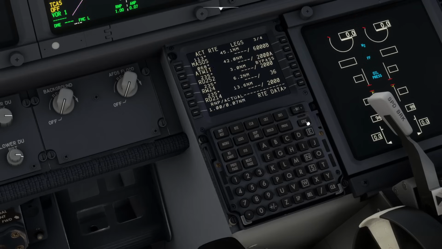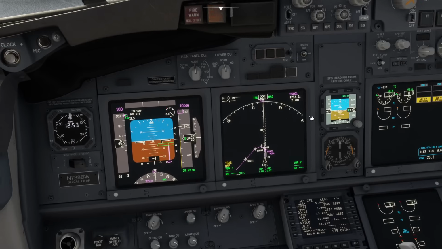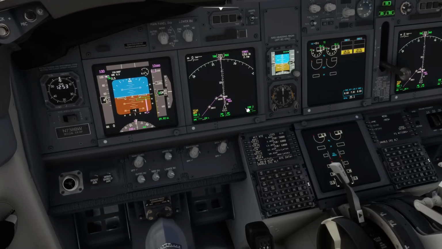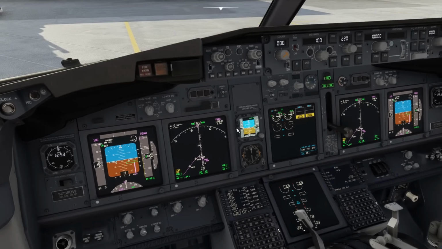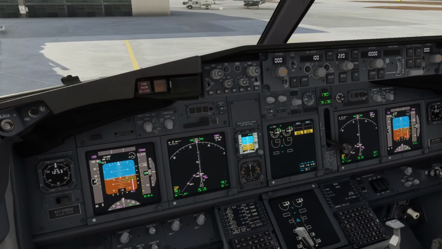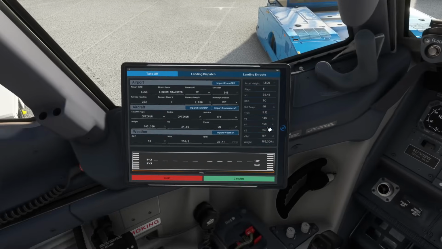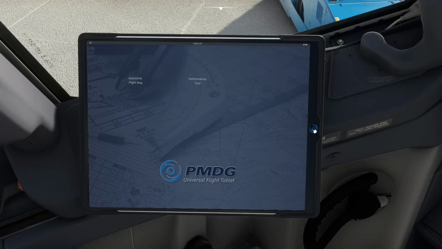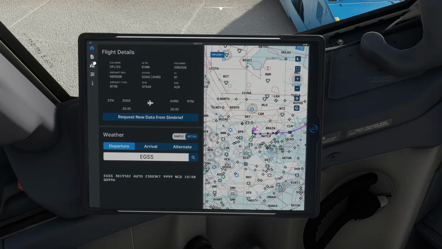later in the route. But you need to be careful though about if you ever see the word vector or manual, and that you actually do what it says. Don't just delete it. So vector means you wait for vectors, manual means you're manually flying, and then you would do a direct to at the appropriate point, I guess. So yeah, there's a lot more to take in about if you want to use this in the way a real crew would do. You would rely on its data, and you would be reading and interpreting the operational flight plan